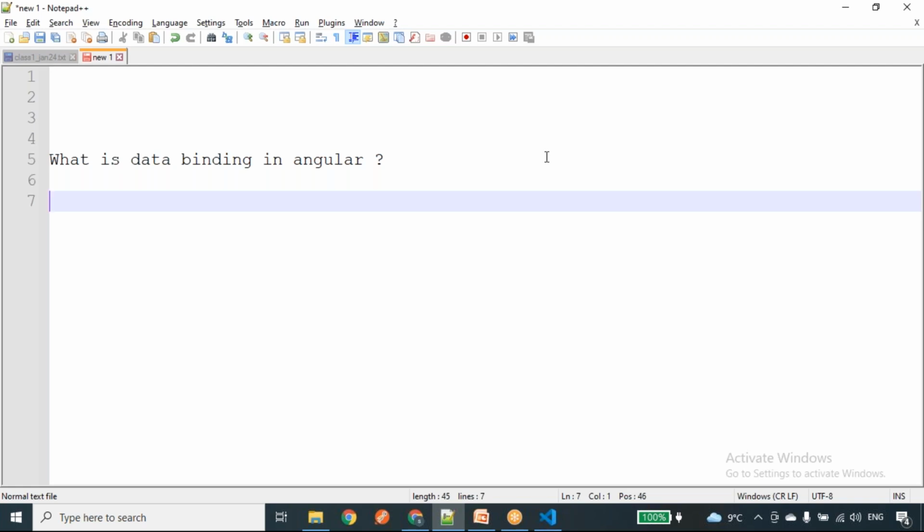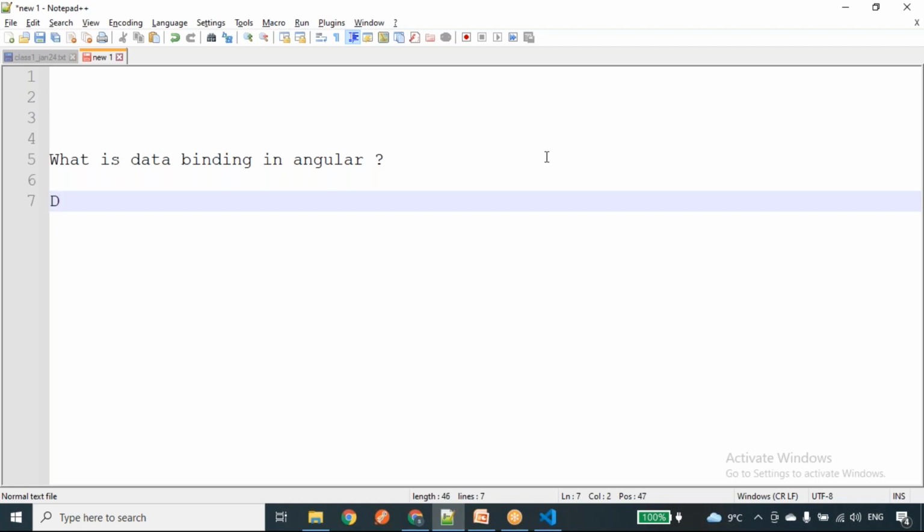There are two types of data binding, one-way data binding and two-way data binding. In one-way data binding, we can send the data from source to view, either using square brackets, I think it is property binding, and another one is event binding. Yes, exactly, Arshita. Whatever you told was correct. Okay, we'll discuss in detail.